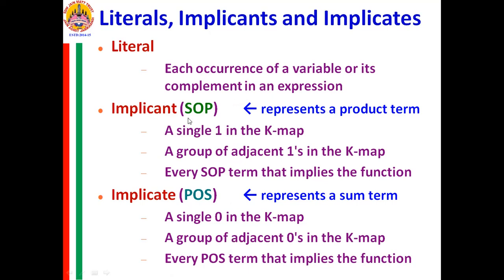Now, these SOP terms and the min terms: we have also said that if all the variables are present in the product term, then that term is called a min term. And if all the variables of the input are present in the sum term, we call it a max term, and for a product term we call it a min term. So if all the variables are present in the product term, then that particular combination of input for which it is present in the Boolean expression is called a min term.